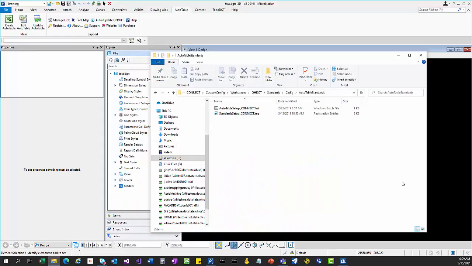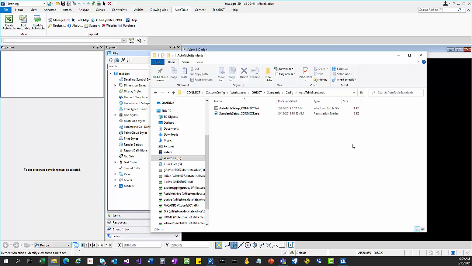So if you're having problems with your Autotable not coming in at the right scale or sizing, seems to be maybe a little bit bigger than the border, or you're just having issues with the scaling, just not fitting inside that border, there's two things that I want you to check, which should hopefully resolve any of your issues. The first thing, make sure you've actually run our settings file to set up Autotable to do